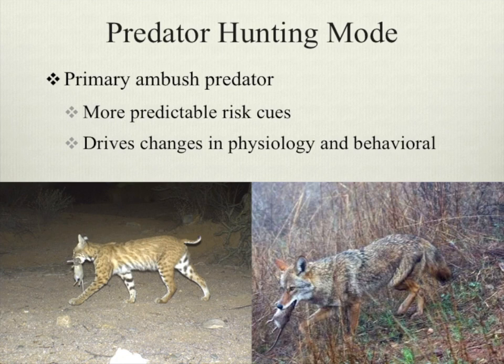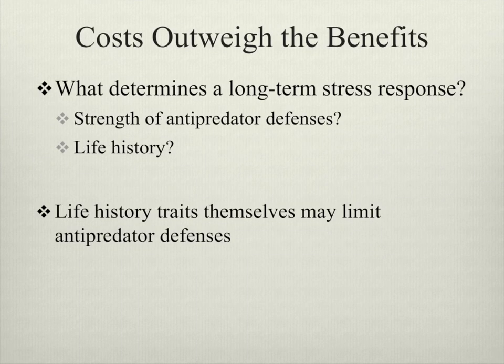Therefore, these more predictable cues are really what allow a prey species such as wood rats to simply respond to a short-term stressor or short-term risk within their environment, rather than being in a constant state of stress. This may change if they were to have a cursorial hunter, such as a wolf or coyote, as their dominant predator. Ultimately, the cost of a long-term stress response on the wood rat would far outweigh any potential short-term benefits.